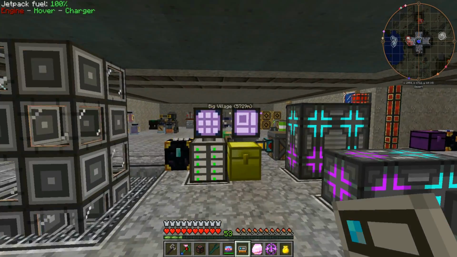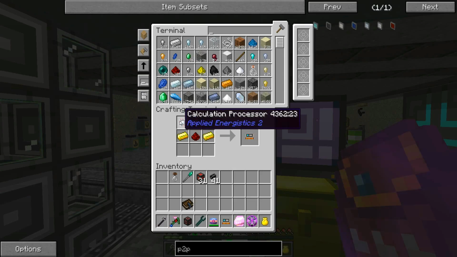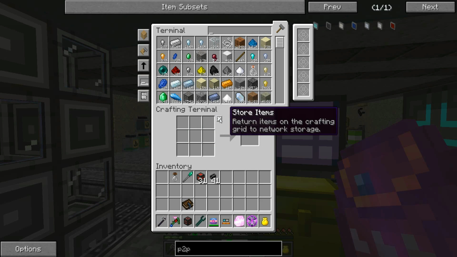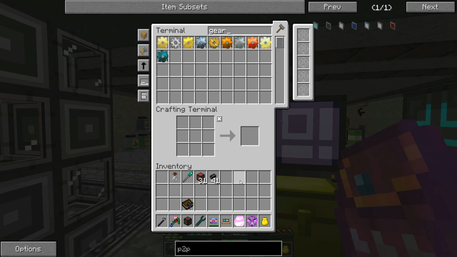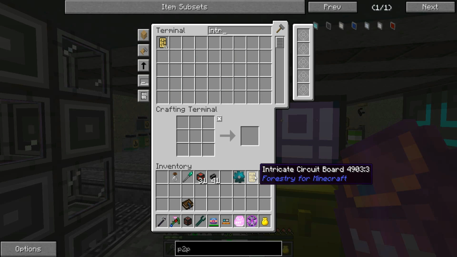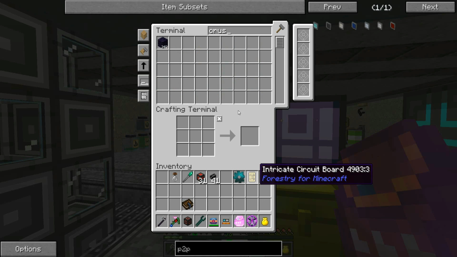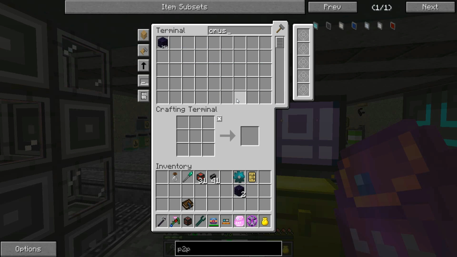But now we have the ability to make all of the gears. If we go in here, there we go, there's your memory card. Calculation processor, iron, redstone, gold. Easy peasy. Let's have a look and see. So we've got all of the gears now. Now if I take this Enderium gear and put it here, and I also want myself the intricate circuit board, one off please. And as we saw earlier on, we're now making those. And I want crushed obsidian, 2 of. Can you tell what we're making yet? We're going to be teaching the system how to make